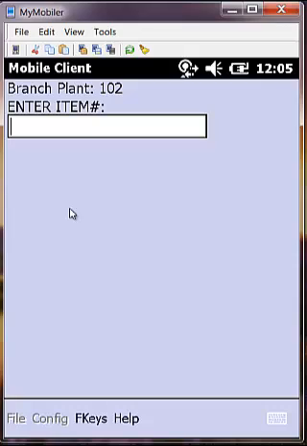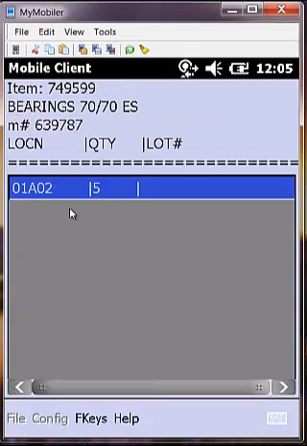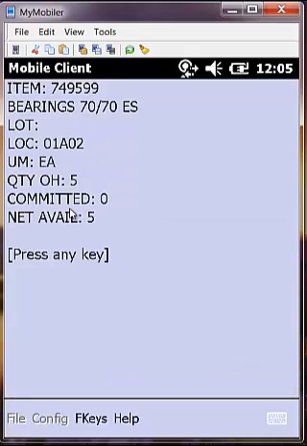So now we can verify that we actually issued things. Let's go look for that bearing again in inventory. And we see that there are now 5 of those bearings, and there were 6 before. And if I hit escape,